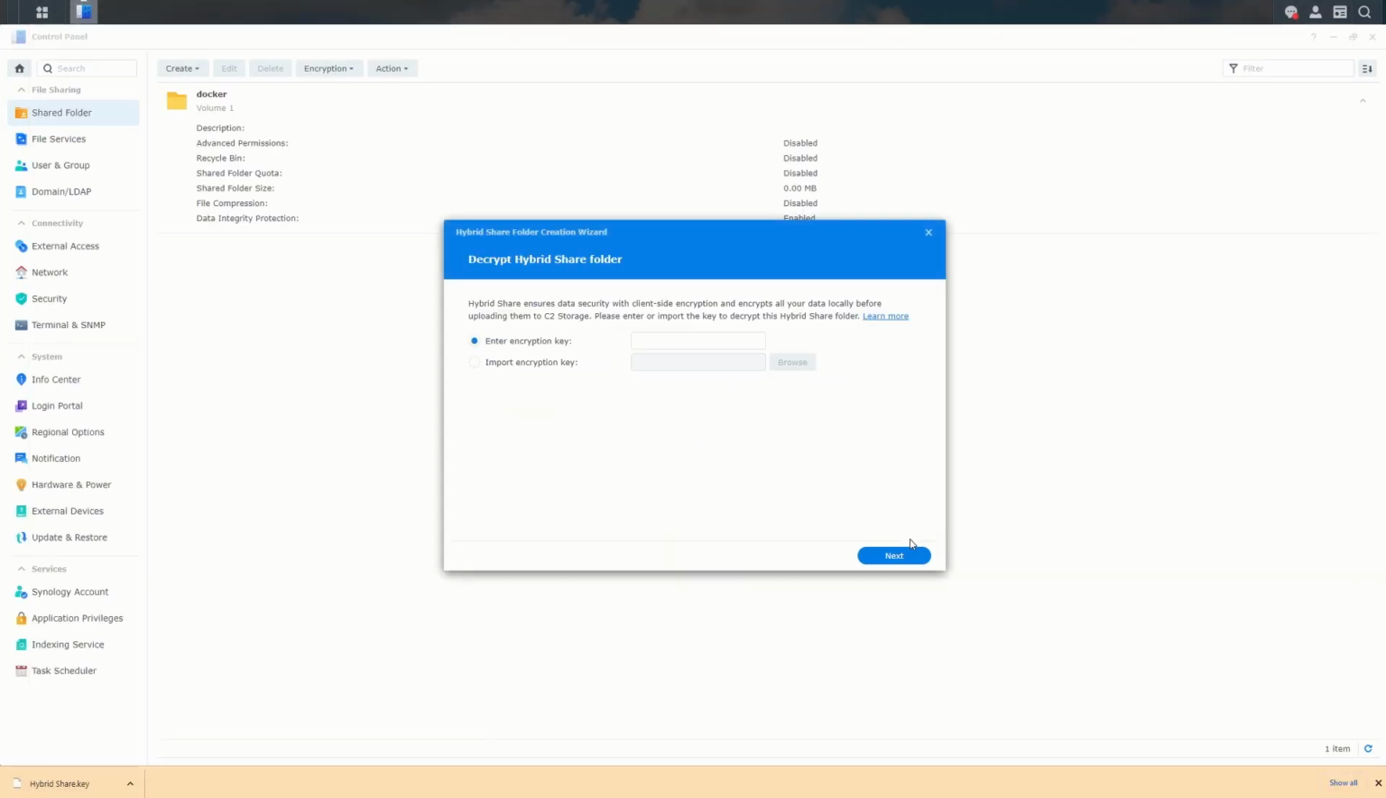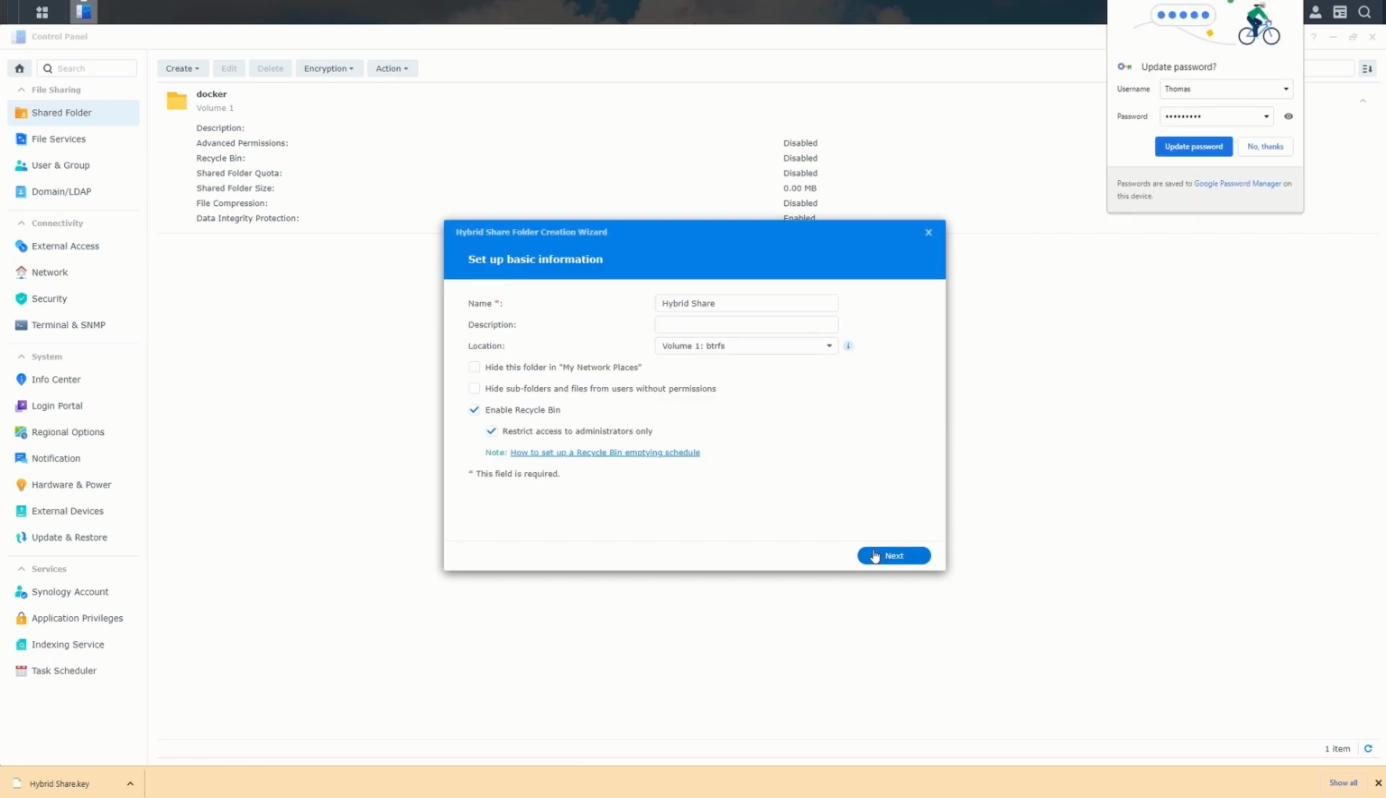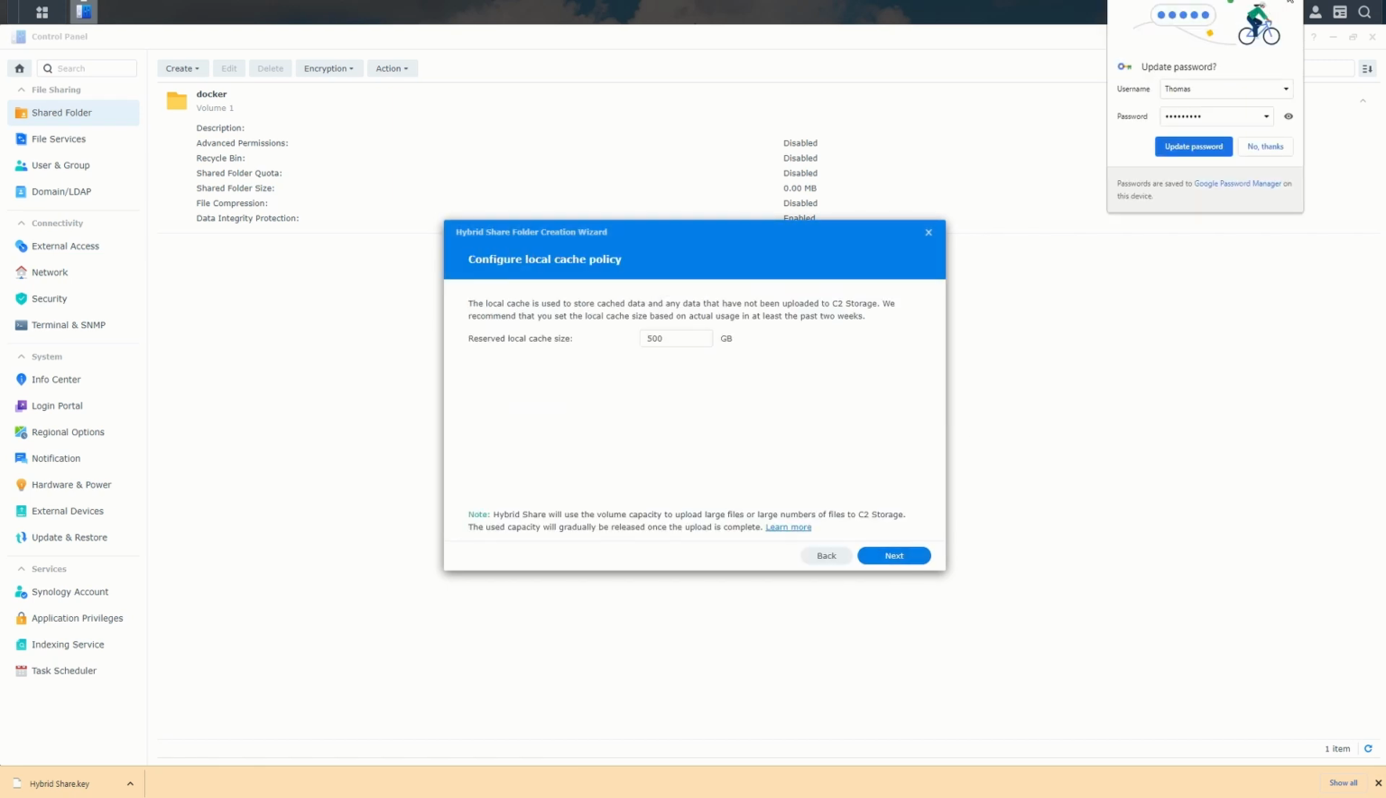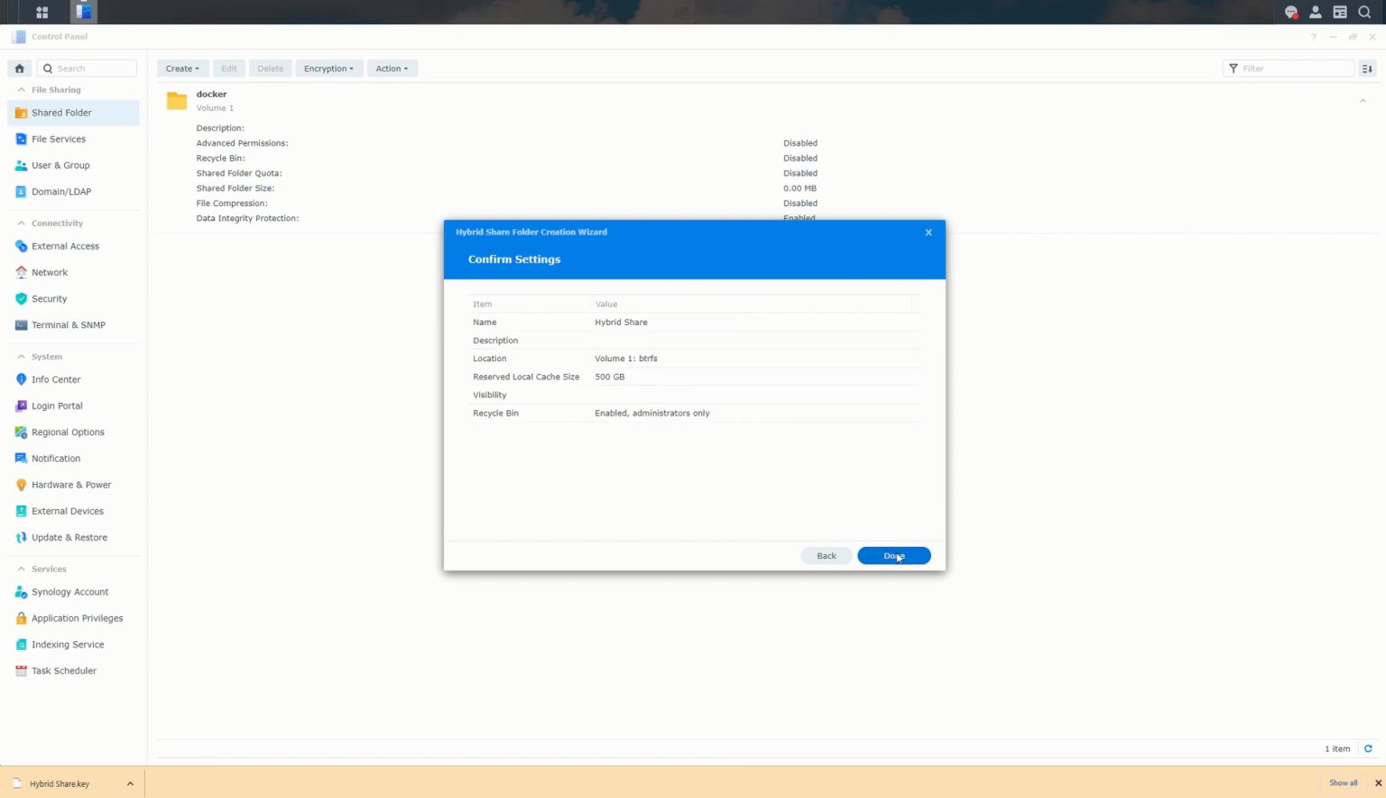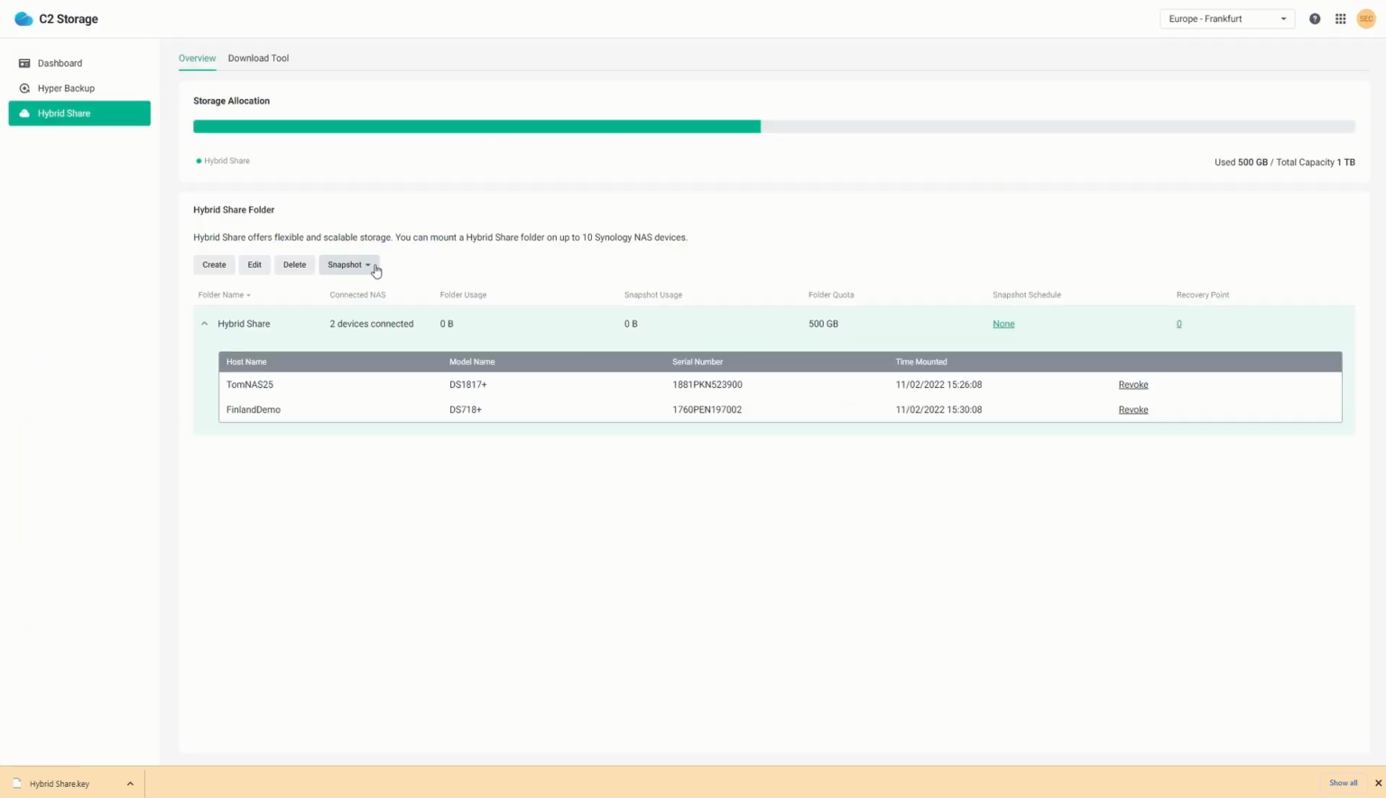We're going to grant access to our C2 storage environment, mount the same hybrid share. The only difference is you're not setting up the encryption key this time, you're going to be typing it in or importing it. And then once you have this all set up on your local cache, reserved for the secondary device, now both your Synology NAS devices are integrated into your hybrid share environment in the C2 identity domain. Now that we have those two devices integrated and everything's ready to go be loaded into our hybrid share environment,